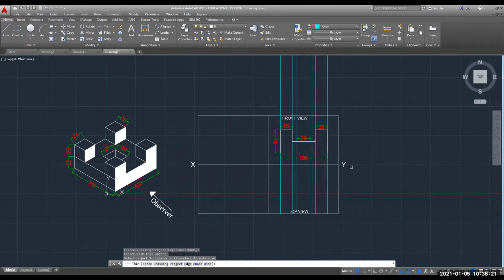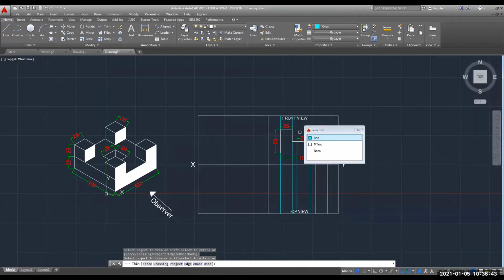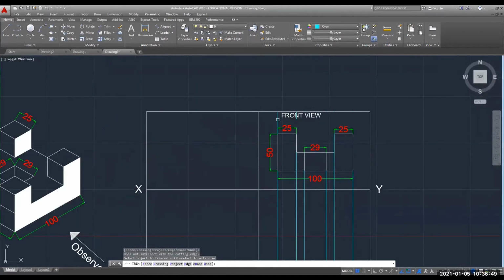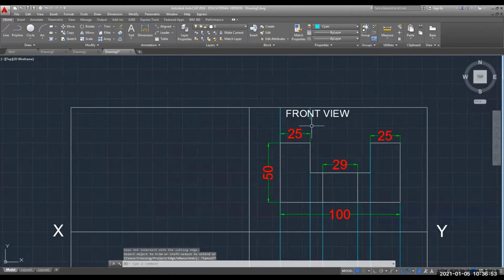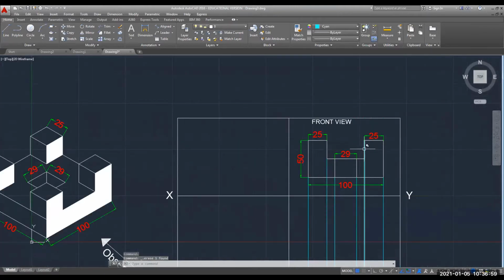Now the upper portion I need to remove. Here also I need to reduce it up to this length only.